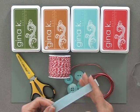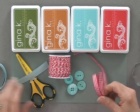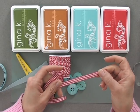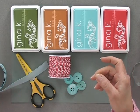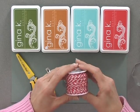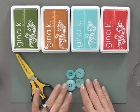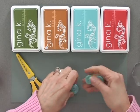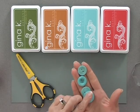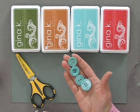for the embellishment. So I'm using some of the Ocean Mist grosgrain ribbon. This is the 5/8 of an inch. I'm also using some of the 3/8 of an inch Red Hot gingham ribbon. And then I have some of the red and white twine by We Are Memory Keepers. And I also have a few of the Ocean Mist buttons. And I just wanted to show you a few of them. I'm only going to choose one, but these are some of the different ones that I thought would match the